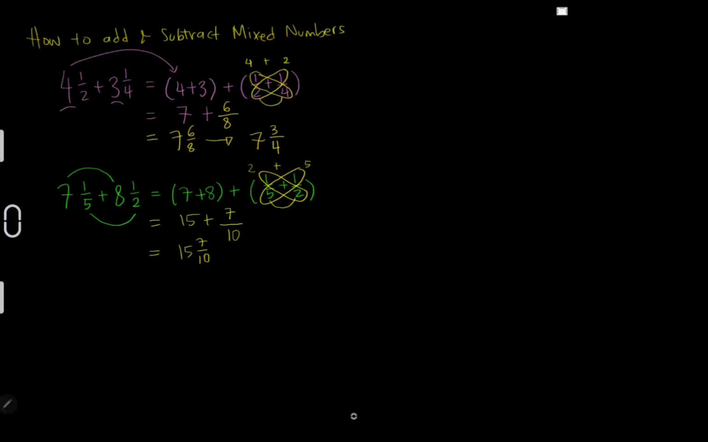Now, how to subtract the mixed number? Let's say we have 4 1/2 subtracted by 3 1/4. The same thing like the one that we did before doing the addition, we regroup it first. So 4 minus 3, plus a half subtracted by a fourth, right? So 4 minus 3 is 1 plus